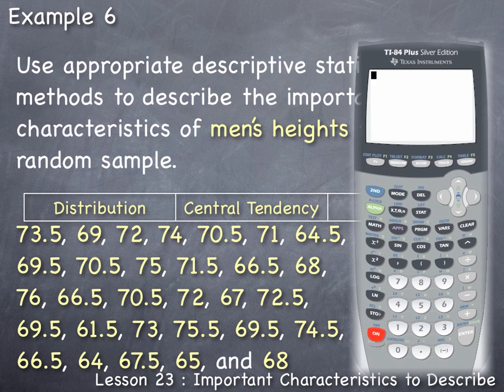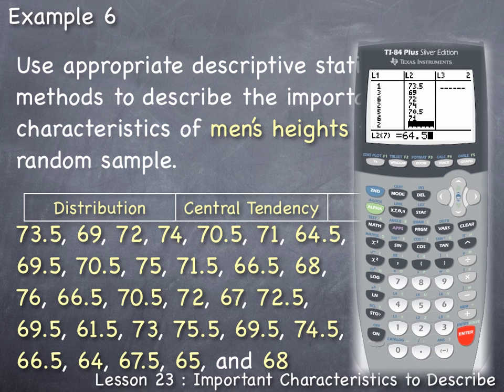appropriate descriptive statistics. To enter the data into the TI-84 calculator, we press Stat, Enter, to get to the list editor. And then we choose a list. Here I'm going to move over to list 2, which is clear, so I could enter in new data. So starting with the first data value, 73.5, press Enter to enter it into list 2. And we do that for each data value, one at a time, entering in the data value, like 69, and then pressing Enter. 72, Enter. 74, Enter. 70.5, 71,